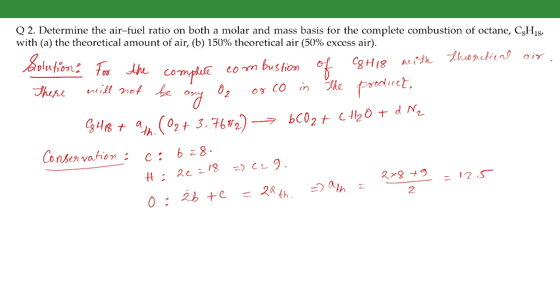And for nitrogen, D is equal to 3.76 A theoretical. So this is 3.76 into 12.5, that is 47. So basically there will be 47 moles of nitrogen. So with the theoretical air, the combustion equation will become